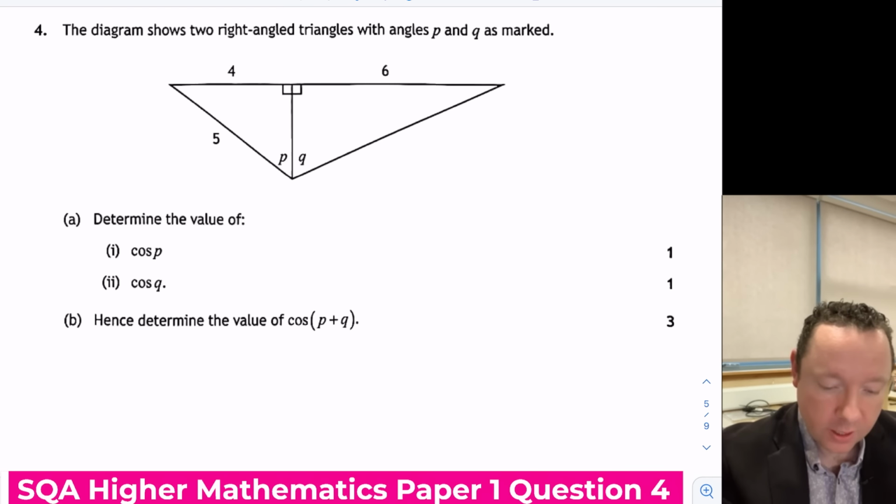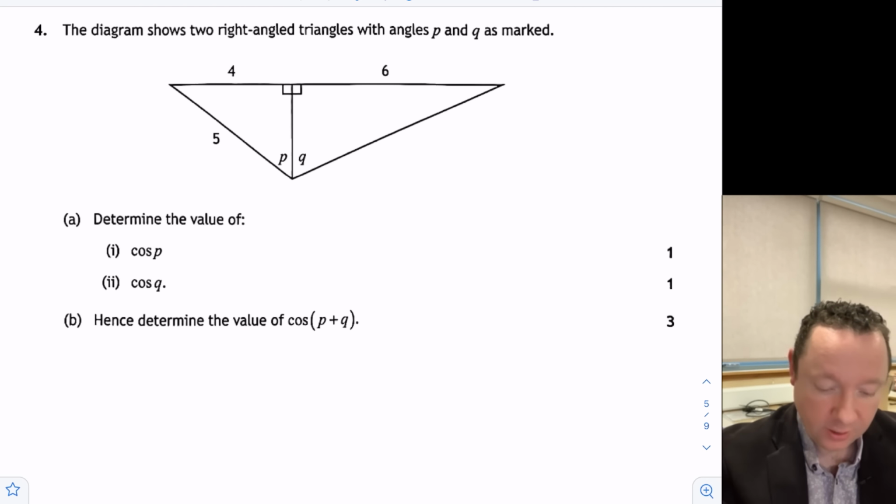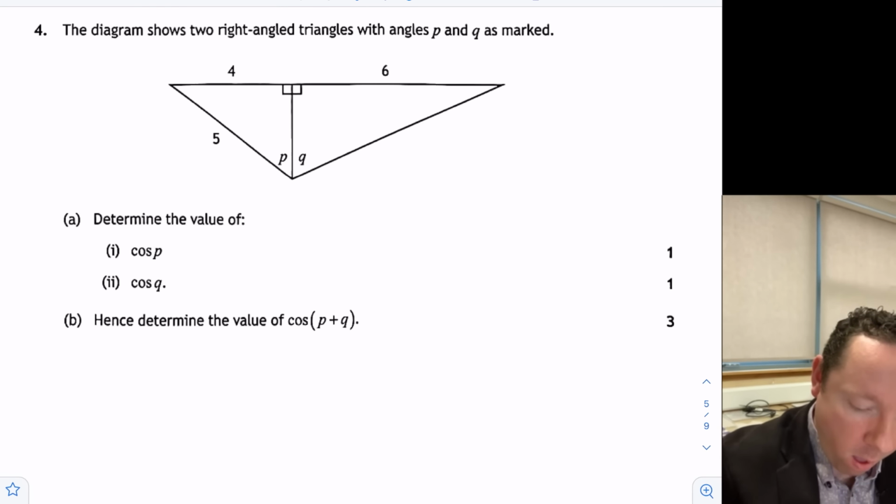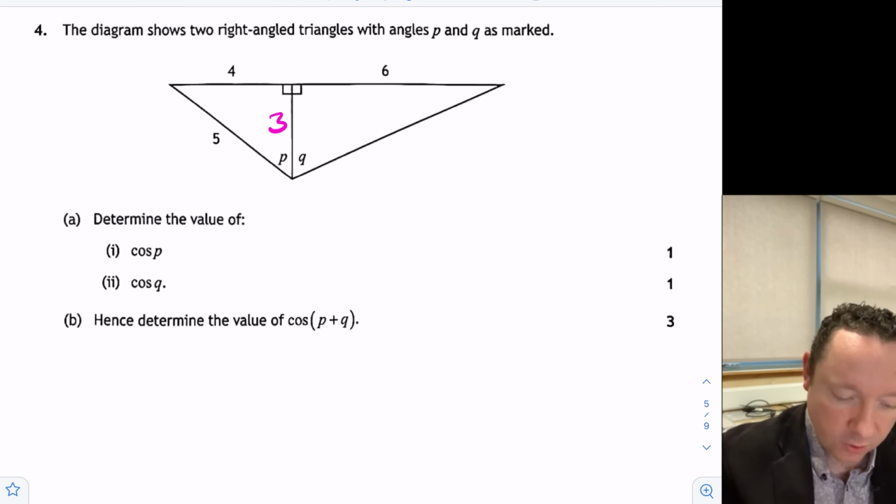The diagram shows two right angled triangles, P and Q are marked. Find cos P, cos Q, and then cos of P plus Q. So cos P first of all, so we've got this triangle up here, opposite, adjacent, hypotenuse, so Pythagoras, 5 squared minus 4 squared is 3 squared, so that is a 3 here. We might as well do the same on the other side now to get the hypotenuse, so we've got 6 squared plus 3 squared,